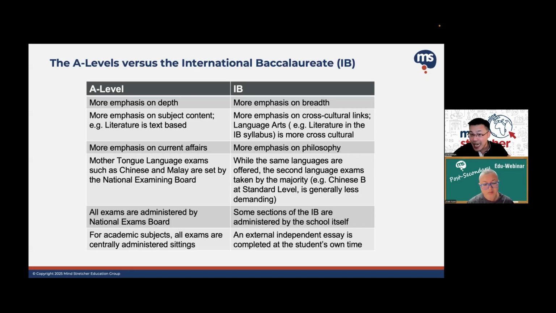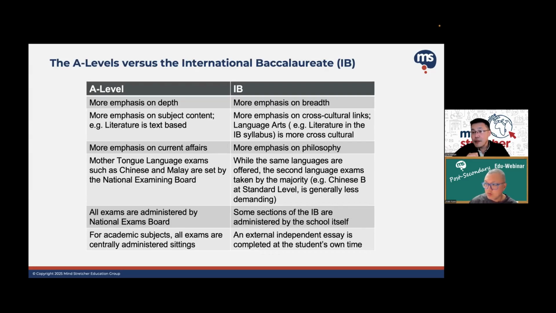And then you may wonder, so that means IB, there is this portion that is done outside of the class. Yeah, so that's the case, right? But A level is not like that. A level is all or nothing. That means you study, you go to the exam hall, you take the exams, and that's it, right? Whatever you did in the exam hall will determine your grade. There is nothing that's done outside of the class, unless of course you are looking at very niche subjects lah. But for all the main subjects, it's all done in the exam hall as an exam paper. But IB is not like that. IB has this out of exam hall components, like the IA and everything. So that's another key difference between the two actually.